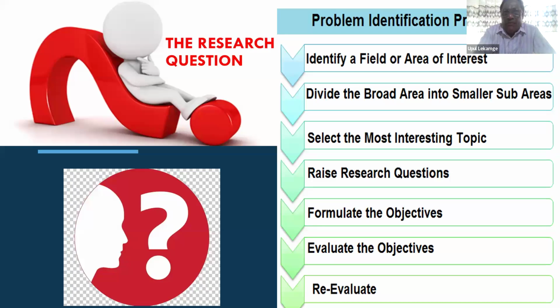So you can't live with something that you have no interest in. You don't love it. Therefore, first thing, you have to select a research problem or a research issue or a main research question from a field that you have an interest in, right? So if you are doing marketing, human resource management, or if you are in the banking sector, you have to think of the field or area of interest. Second,